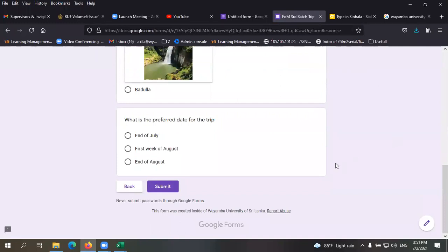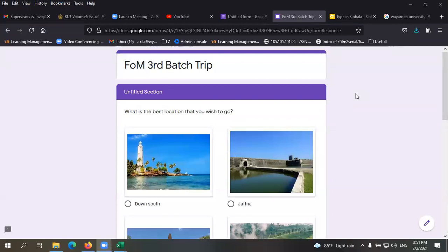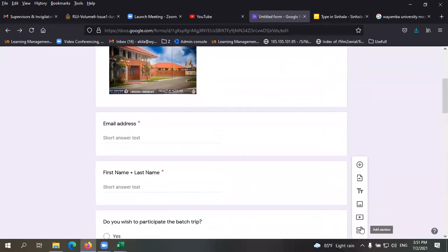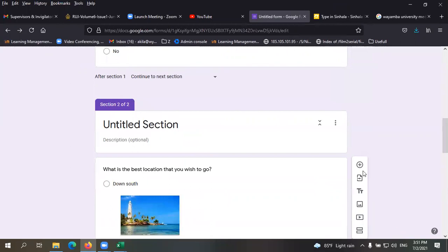Okay. So there are some settings as well. All right. So if you want to create a section, you can just click here. This is add section. So when you click on this, it will add another section to the bottom of your form. So if you want to move the previous questions onto that one, you can just click here. This is the move icon, and drag that question to the next one. Or again, you can create a new section, and similarly, you can click on this add section and create new questions. So those will be added to section 2.